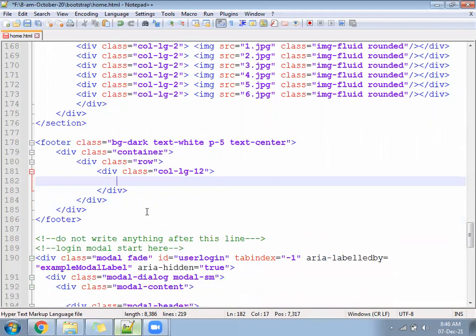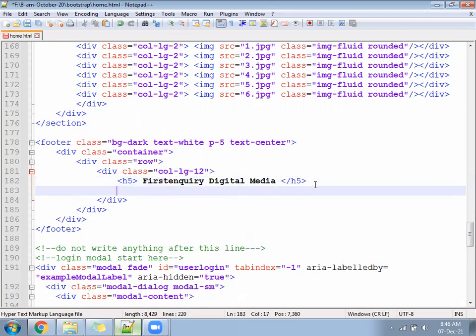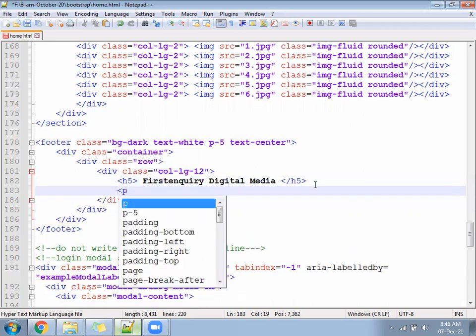Inside the 12, first h5 you can write first inquiry, digital media. Second paragraph, contact us.